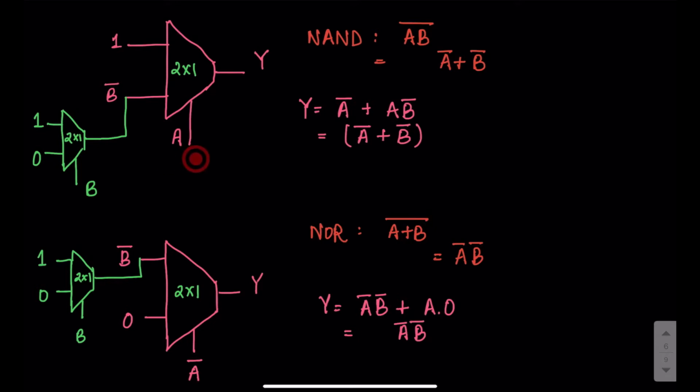We have the select line as A and the inputs are chosen as 1 and B bar. So when you expand this mux, you will get y is equal to A bar dot 1 plus A dot B bar. And this, expanded as per the distribution theorem, gives A bar plus B bar. In order to get B bar, we require one more 2 cross 1 mux to act like the NOT gate. So this network is similar to implementing the NOT gate using the multiplexer. So for implementing a NAND gate using 2 cross 1 mux, you require two 2 cross 1 muxes.